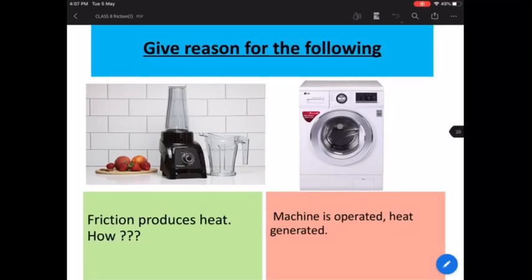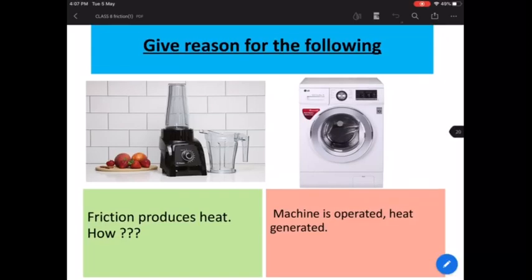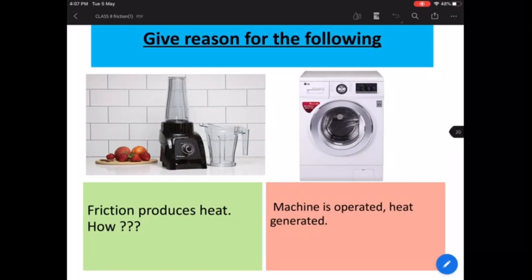Okay, fine. So we were discussing how friction gives rise to heat, how it produces heat. And we spoke that when we rub our hands, suppose our hands are rough, and they are not wet, we have not applied any oil or any cream on our hands. So the hands are rough, they are dry, and when we rub our hands, a slight amount of heat is produced. Why is that? Because the surface of our hand is rough, and any rough surface, when it is rubbed against another rough surface, gives out heat.